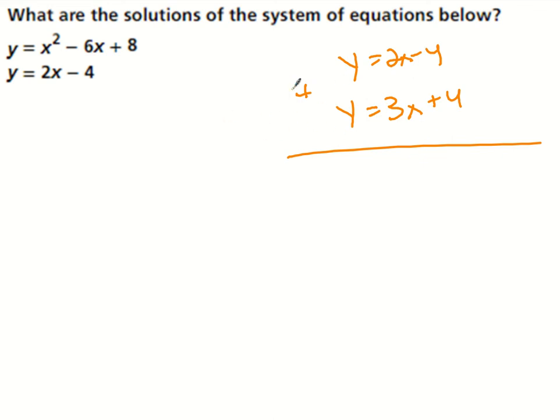I need my y or my x to cancel. So if I were to subtract these, y minus y is 0. 2x minus 3x is -1x, -4 minus +4 is -8, and then now I can solve this equation for x. That's how we solve systems of linear equations. I don't know why I was being a bonehead and trying to cancel out the 4. Sorry, guys. Or a bozo. Now,